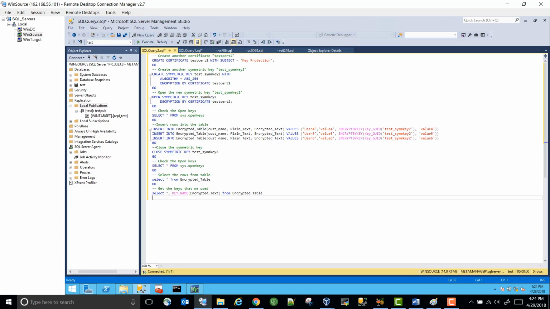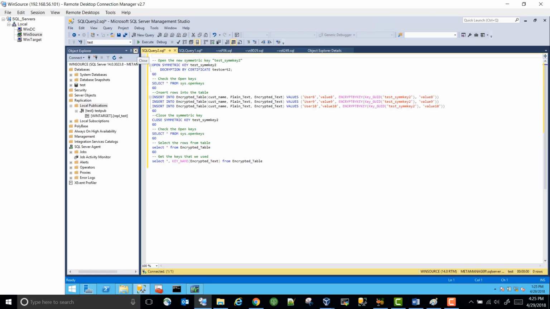Now we can say user 8. Value 10. So we don't need this. We can just simply open, and then